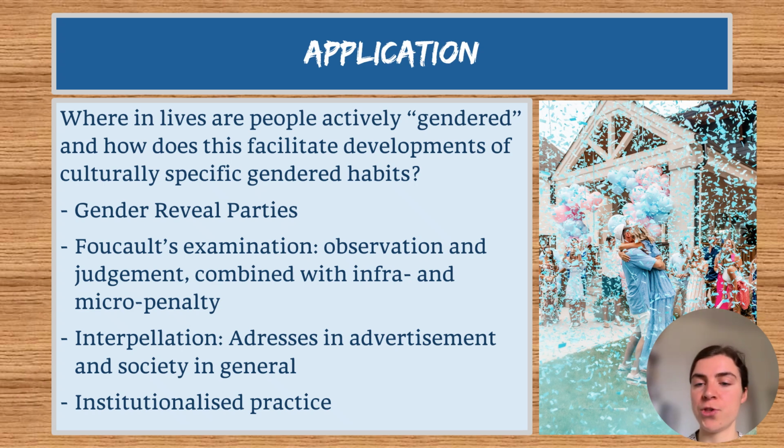You also have a picture of a gender reveal party right next to the text. This is basically a social gathering where parents-to-be announce the sex, and they announce the gender of an unborn child. And now this means that basically everybody in that family and everybody that is there knows that this child is basically determined by the biological features as male or female, and then the gender category is basically taken and the child is seen as boy or girl.